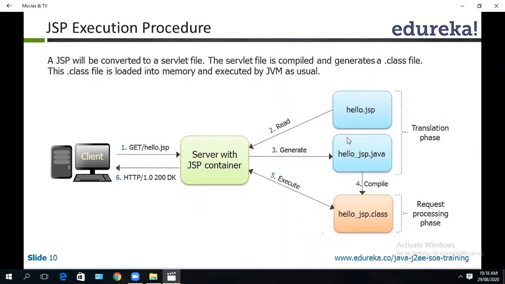So if you compile a JSP using the JSP compiler, it gets converted to a servlet file, which is a Java file. That Java file has to be compiled, and finally it gets into a .class file.